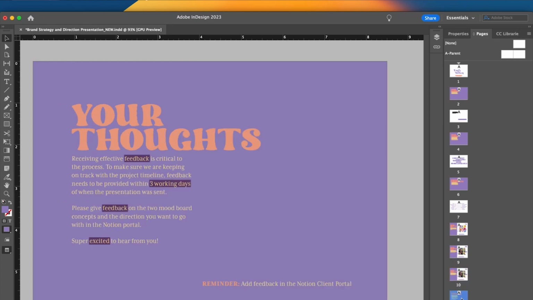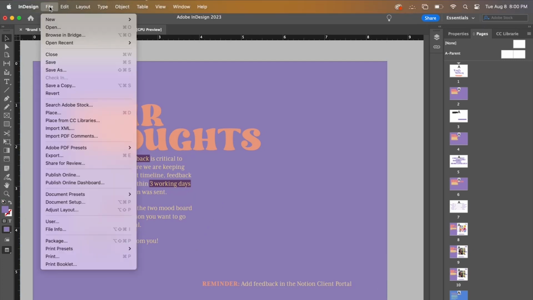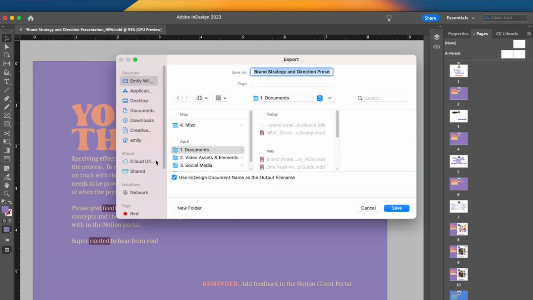Now, on the final page of the presentation, I like to remind my clients of the required timeline that feedback needs to be received and where the feedback needs to be inputted, which in my case is in our Notion client portal. Now, let's save this document by going to File, Adobe PDF presets, and I usually use the high quality print preset when exporting. It seems to work really well. Go ahead and hit save, and now your file is saved as a PDF that you can present and send